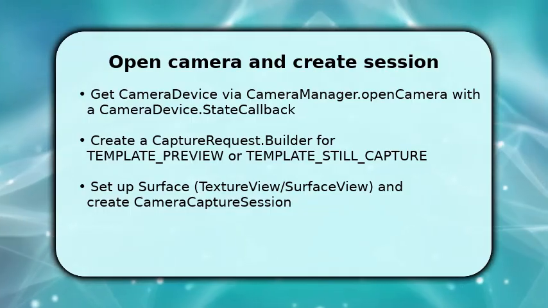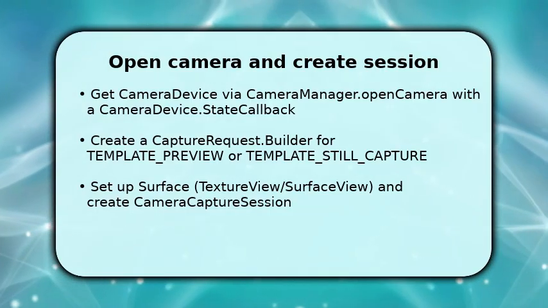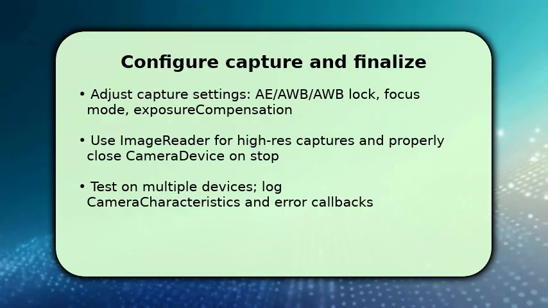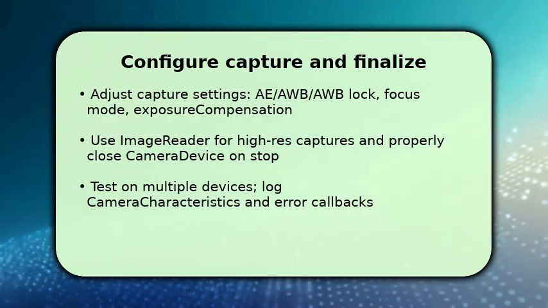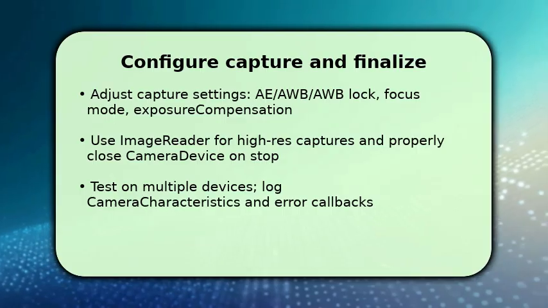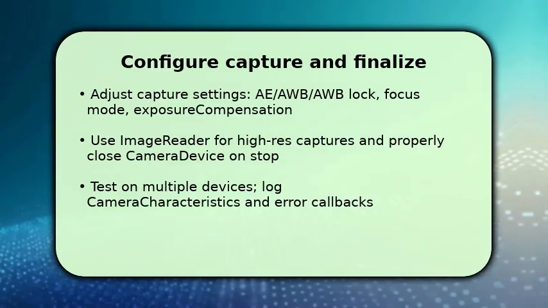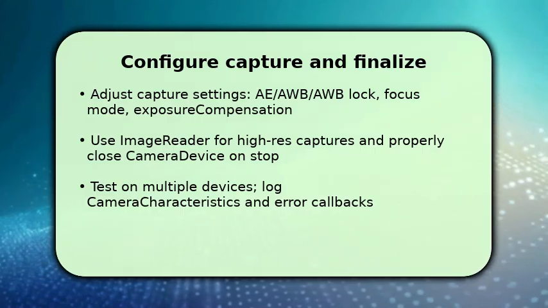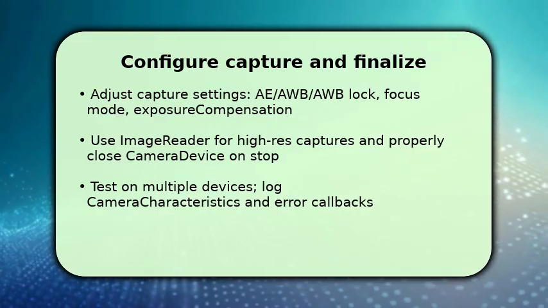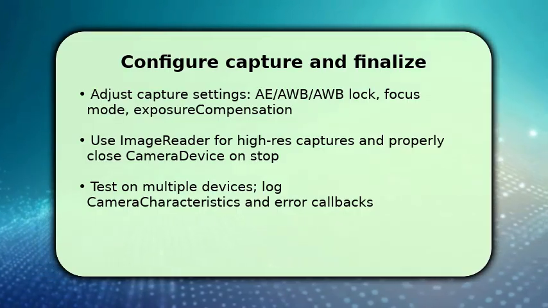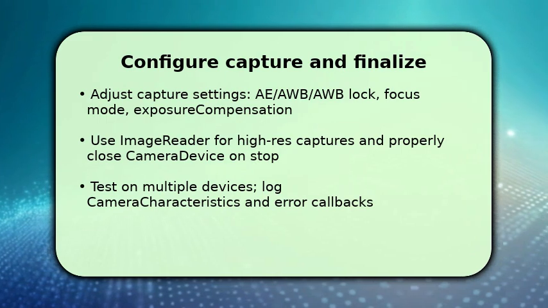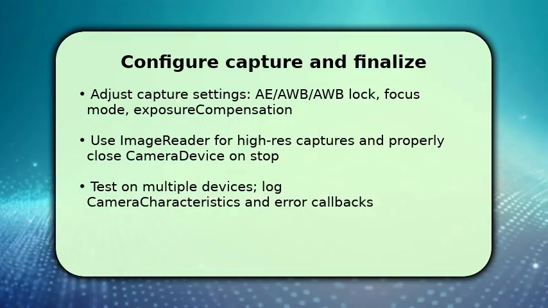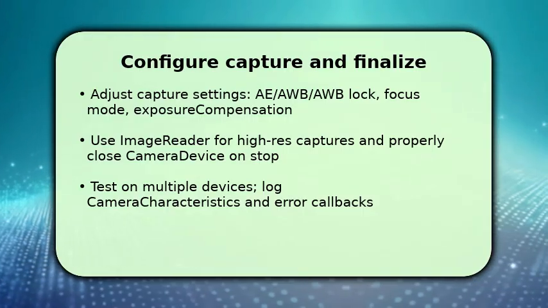You'll finish by tuning capture parameters and ensuring clean shutdown. Set autofocus and auto exposure modes on your capture request, adjust exposure compensation and white balance, and apply metering regions if needed. This improves image quality. For high-resolution photos, route output to an ImageReader and queue single captures. When done, call CameraCaptureSession.close and CameraDevice.close so resources free correctly. If things go wrong, check logs for camera errors and mismatch in supported sizes. That single troubleshooting tip usually points